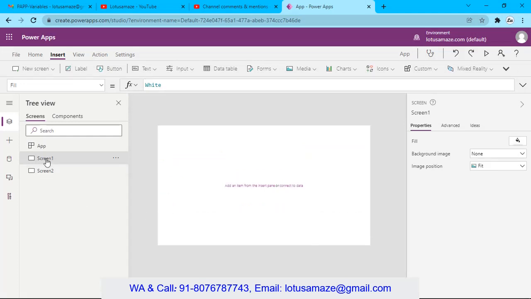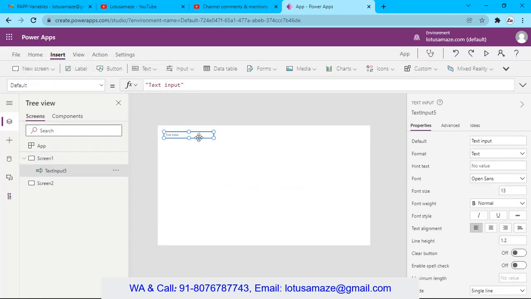First of all, we have two screens, screen 1 and screen 2. On screen 1, we take two input boxes and another one. The IDs of these input boxes are TextInput6 and TextInput5, and a label.